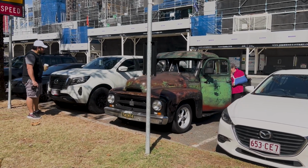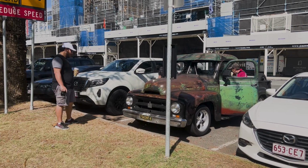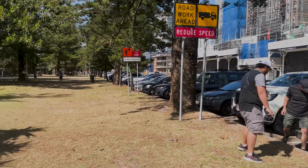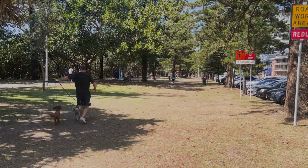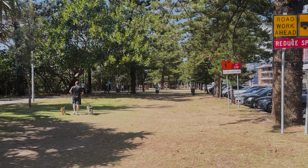So great start to the Saturday morning photo shoot. A couple of owners of this car just came up, which me and Benny have been photographing obsessively. But yeah, now we've done that, we're gonna head off into the centre of Burleigh, get a few shots of